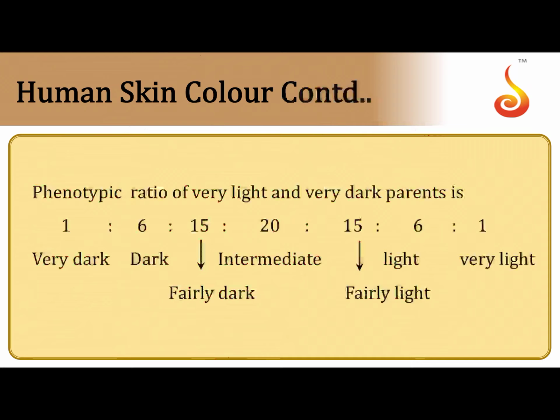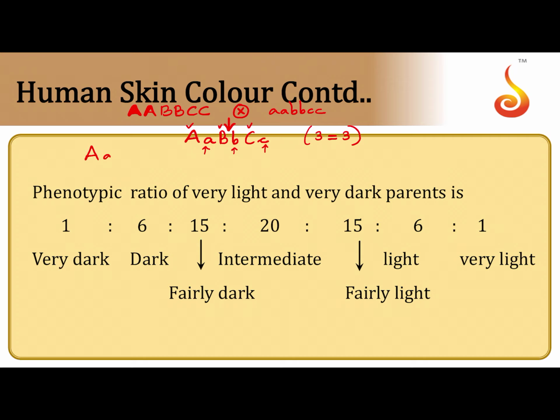Okay. So if you conduct a cross, now say for example, I will show you the first half of this cross. You have crossed a person who has a very dark skin with a person who has very light skin. So obviously all their children will have mulatto skin. Why are they having mulatto skin? Let us count the number of dominants and number of recessives. 3 is equal to 3. See, there are 3 dominants and there are 3 recessives. I told you, if the dominant recessive ratio is equal, then the skin color will be mulatto.